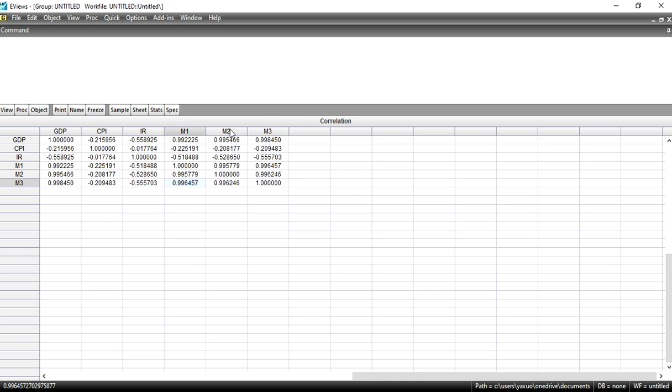It is the same thing in the other direction. So when you see that two independent variables have a correlation of more than 90%, it means that there exists a severe problem of multicollinearity between these variables.